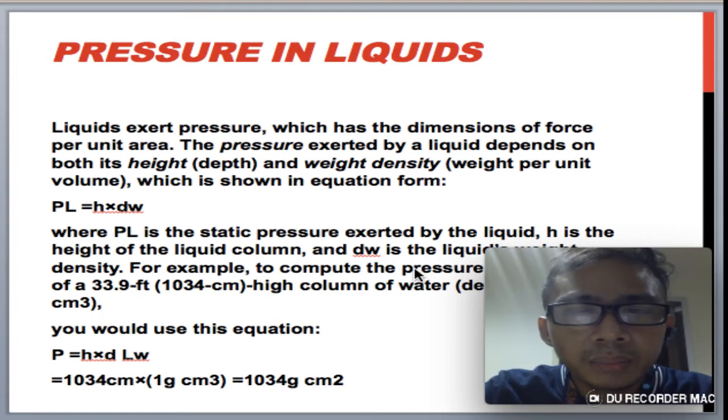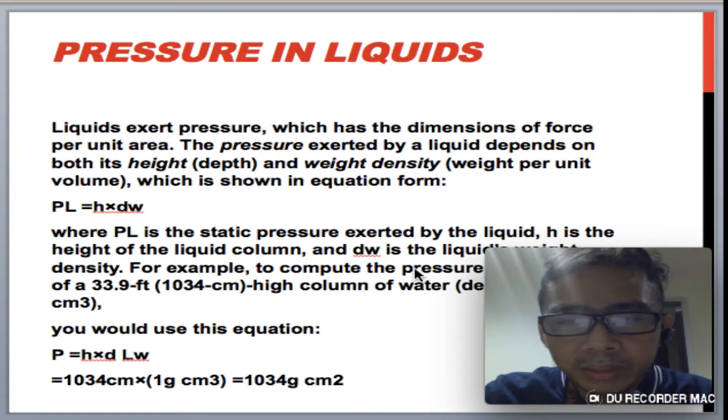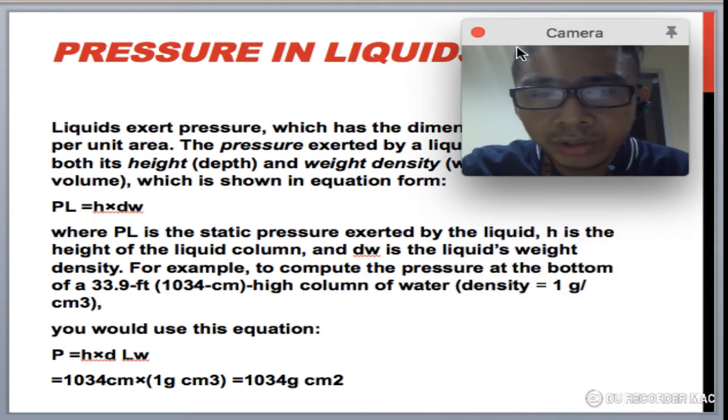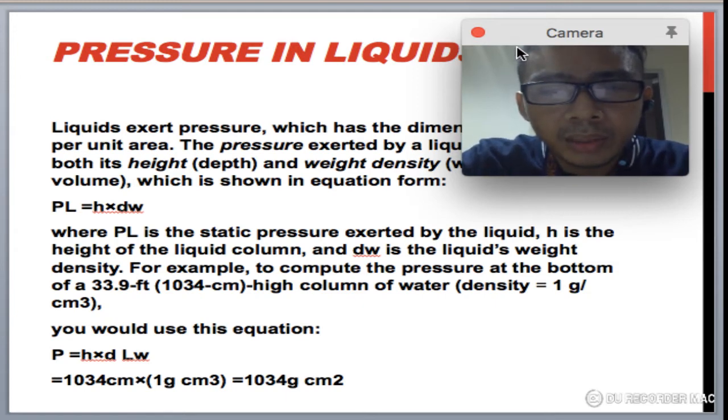Pressure in liquids is equal to height times weight density, where P or PL is the static pressure exerted by the liquid, H in the equation is the height of the liquid column, and dW is the liquid's weight